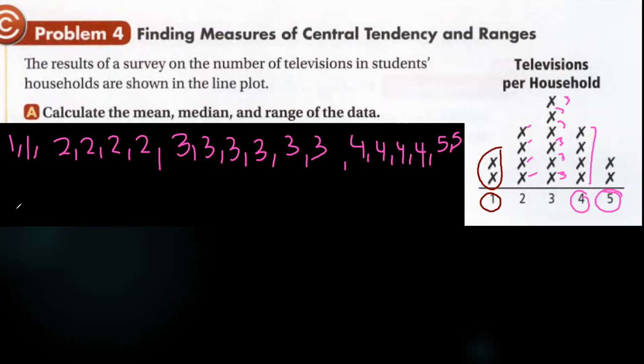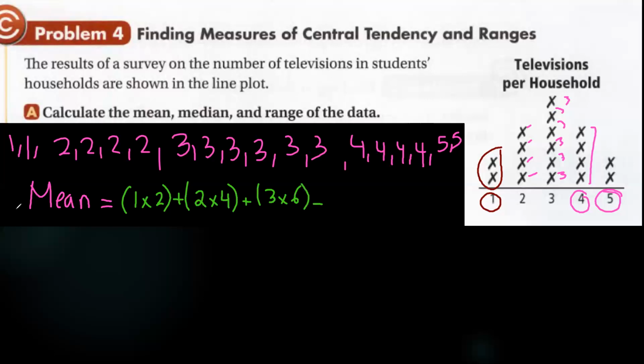In order to find the mean, we have to add them and divide them by the number of them, or you have another way that you can multiply 1 by 2, 2 by 4, 3 by 6, and so on. So we can add them now as the summation of all of this data, or as I told you, 1 times 2 plus 2 times 4 plus 3 times 6 plus 4 times 4 plus 5 times 2